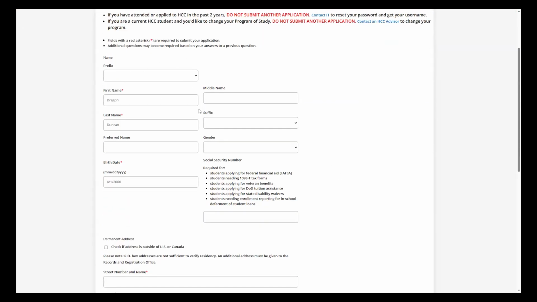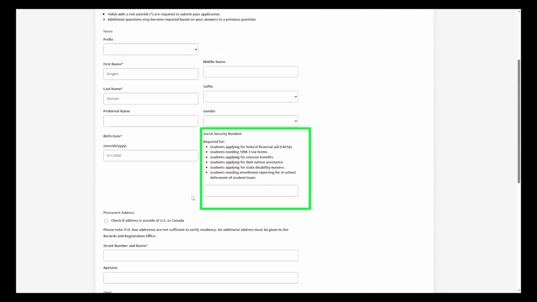You'll want to make sure that you enter in all of your information, but one thing to note, for the Social Security number, it is not a required asterisk. However, if you'll see here, all of these required fields are listed because you need your Social Security number entered for your account. If you do not submit your Social Security number on your application and need to have that on your record afterwards, you can go to our Records of Registration office to get your Social Security number entered onto your student record.